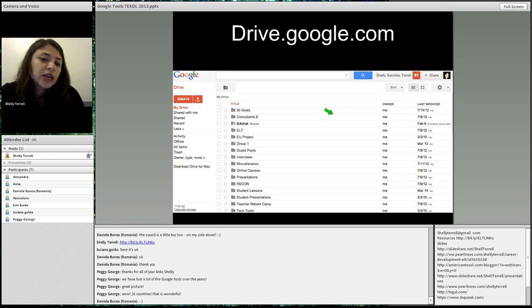So you say we work on things collaboratively. Your students can work on the same thing as a group. And what happens is it saves different versions of it. So then you can look at the different versions that were saved, and you can revert throughout history what those versions were. This is what Google Drive looks like.